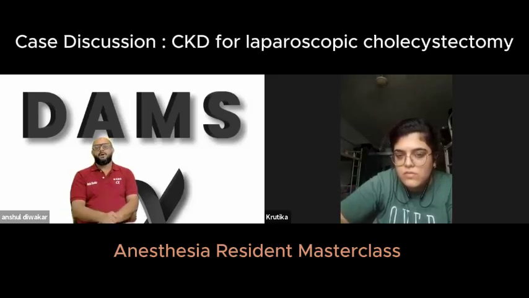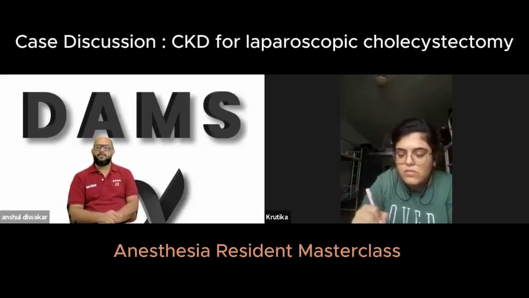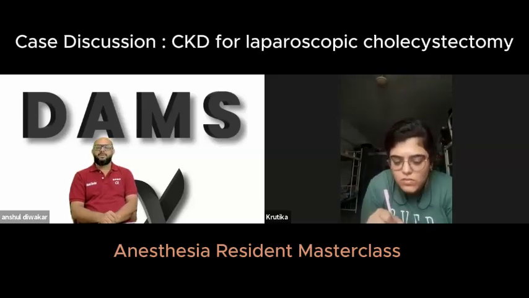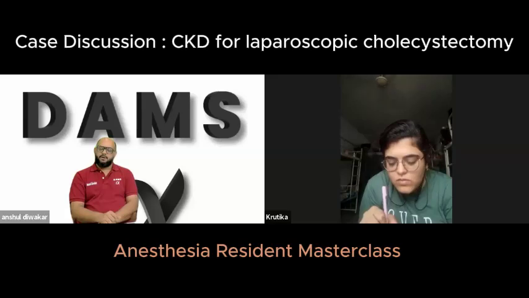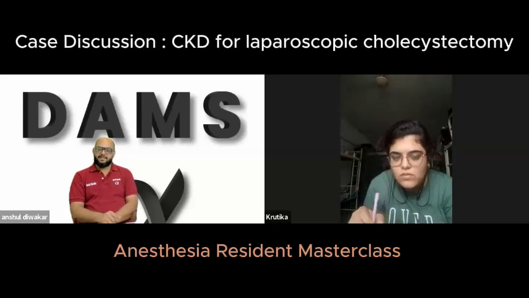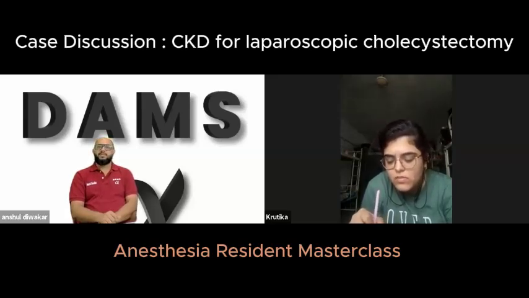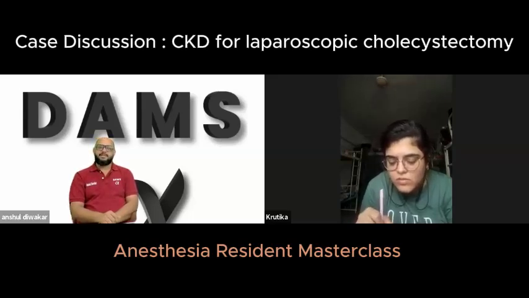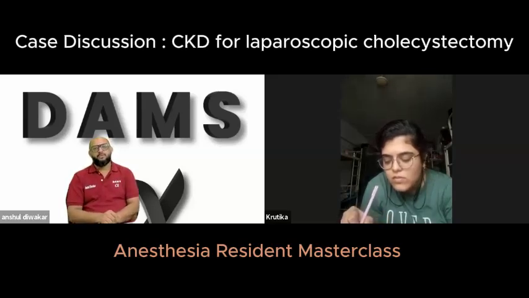Then you go to intraoperative and postoperative analgesia. So my plan of intraoperative analgesia would be a combination of low dose of fentanyl along with multimodal analgesia with ketamine, paracetamol, dexmedetomidine and regional nerve blocks in the form of subcostal TAP or rectus sheath block. For postoperative analgesia, I would do it on an SOS basis, keeping paracetamol and IV lignocaine infusion as my mainstay of postoperative analgesia and only using opioids for breakthrough pain.